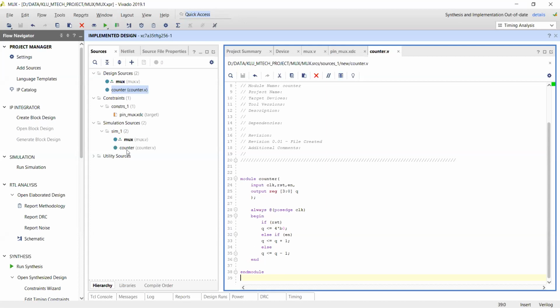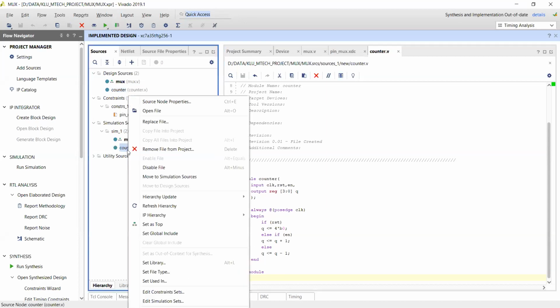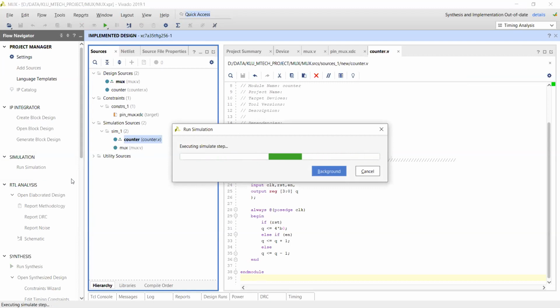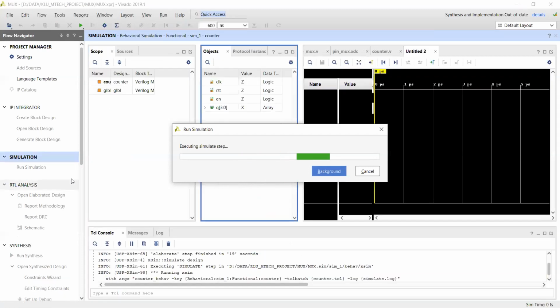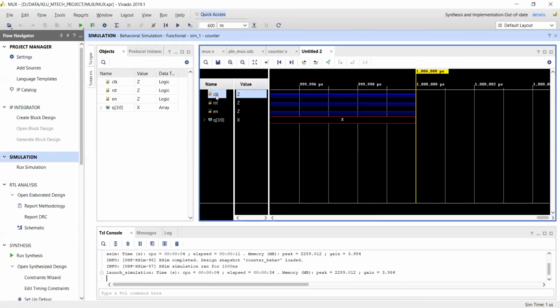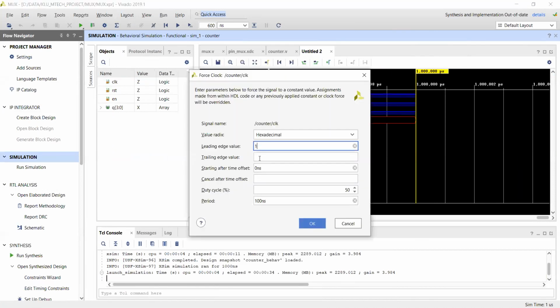So now I want to verify the functionality. In the simulation source, I've set counter as my top level module. Now you can force the clock signal here, previously 1, 0.